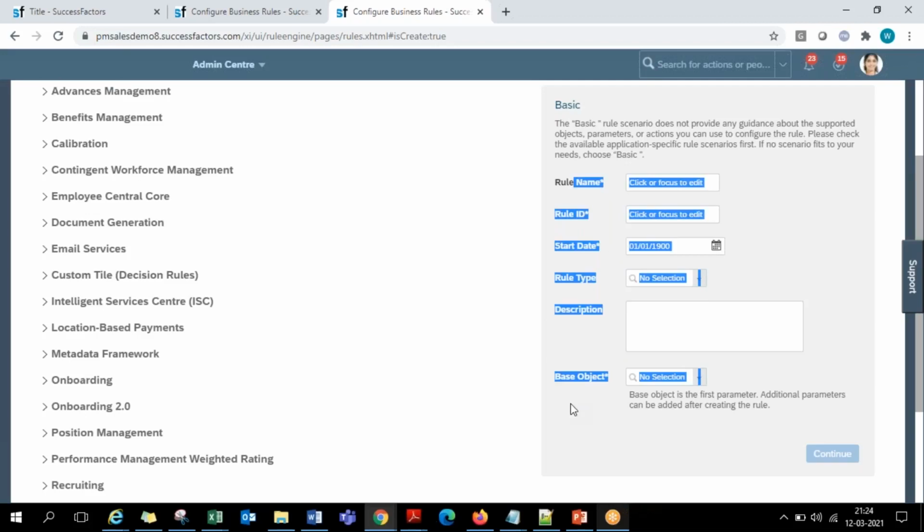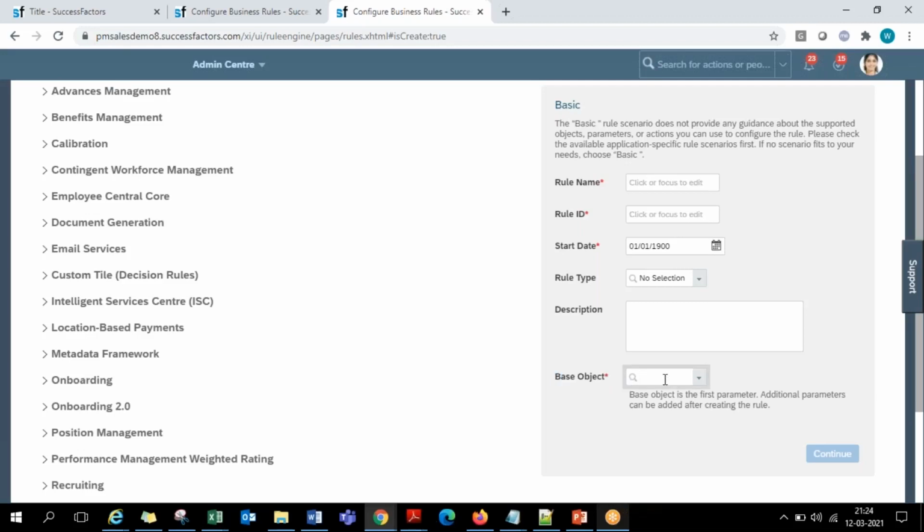Among all these attributes, the important one is the base object, guys. Very, very important. Base object is the portlet on the basis of which you are writing the conditions. Now your condition should be based on the address portlet or personal information portlet or salary information portlet, on which one? That is the base object. So here I am required to choose the base object. My condition is on the address portlet.